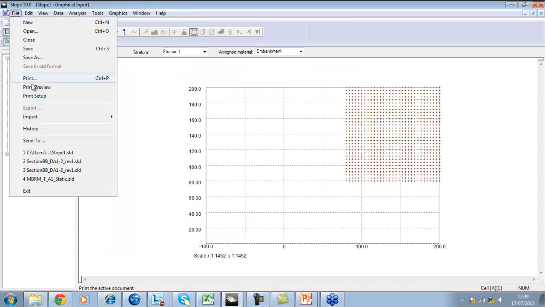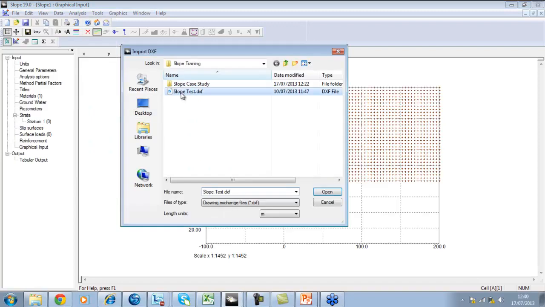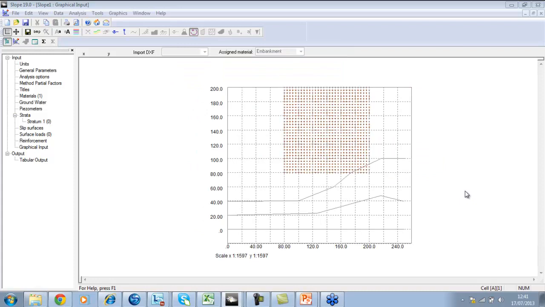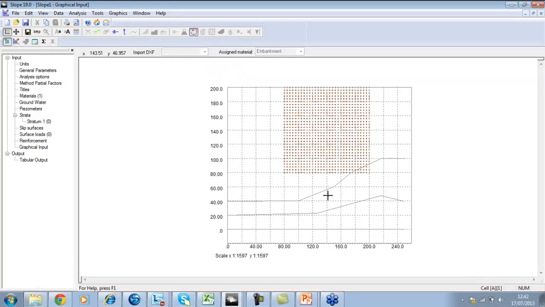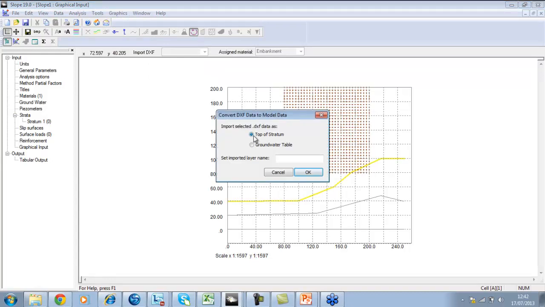I'm going to import, so go to File, Import DXF file. I'm going to choose a DXF that was previously created. Okay, so I've imported the DXF data, so as you can see, they're shown here. But to be able to use it, I'm just going to go to Graphics, Graphical Input, and just check that DXF import is selected, which it has been. So now all I need to do is click on that specific line, which is of interest. So here we've got top of stratum, and if I click OK,